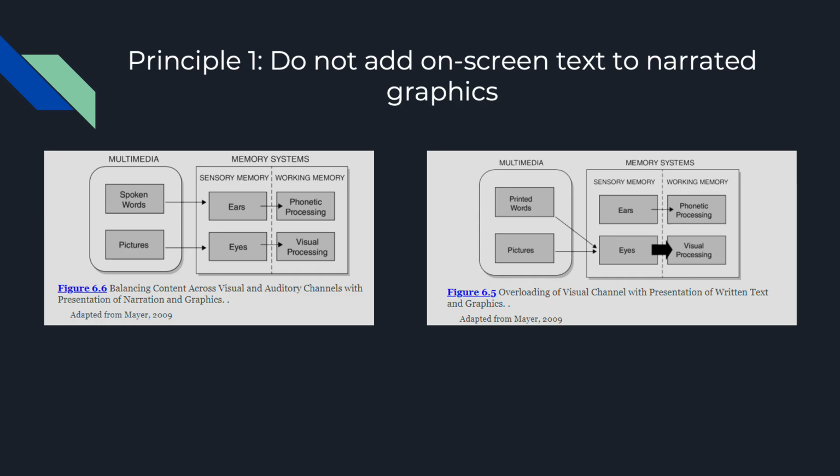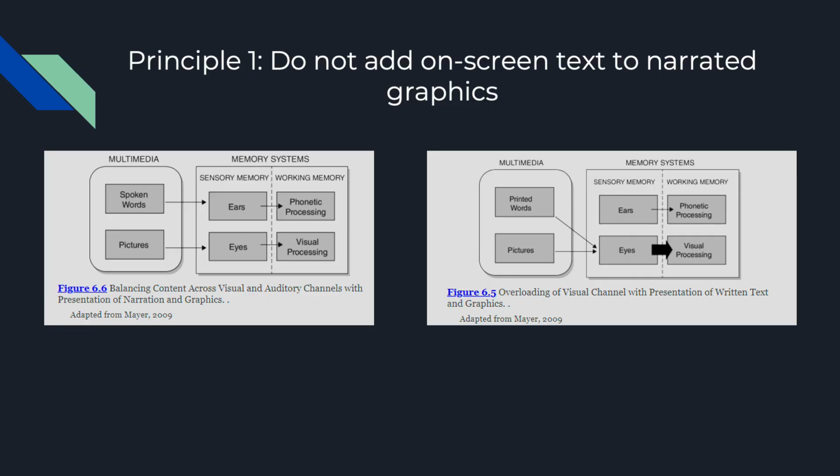Mayer recommends that e-learning courses avoid redundant information from on-screen text and narration that are presented at the same time. The reasoning is that learners may pay too much attention to one form of communication. For example, they might only pay attention to the printed words and less attention to the graphics that are paired with them. Figures presented on the slide represent examples of balancing and overloading sensory channels that occur when presenting information